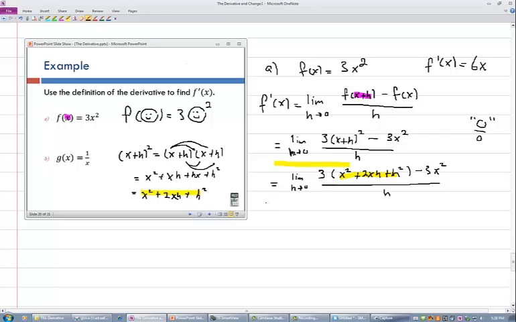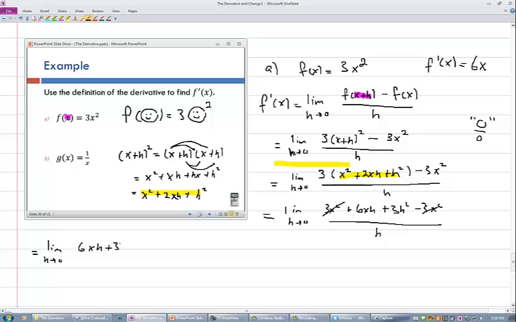All right. And so now we're going to multiply through by the 3. And so I get the limit as h goes to 0 of 3x squared plus a 6xh plus a 3h squared minus a 3x squared, all divided by h. And then what's going to happen to those 3x squareds? Well, they're going to cancel because you have plus and you have minus. And so then this is going to equal the limit as h goes to 0 of 6xh plus 3h squared,